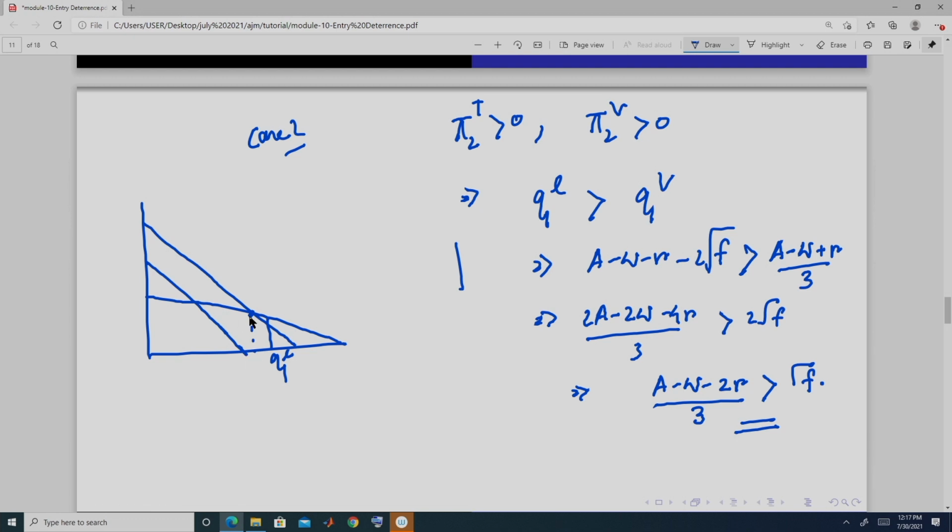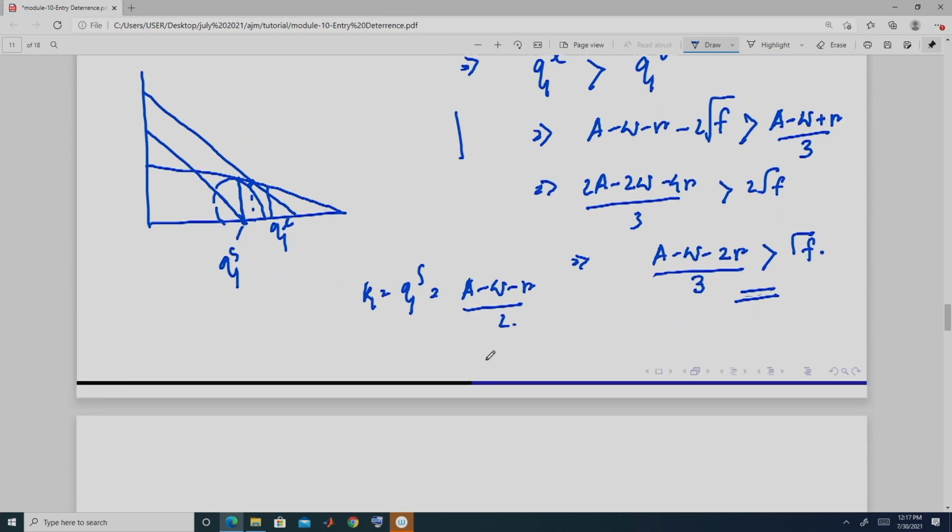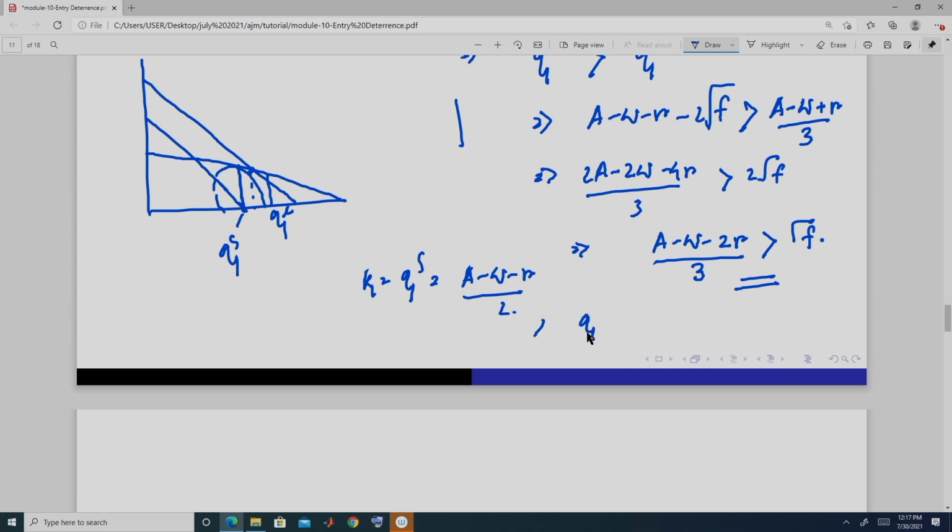If this is the case, and we know Stackelberg output is this. So, here in this case Q1 is going to be Q1S, and here Q1 is going to be the Stackelberg outcome,